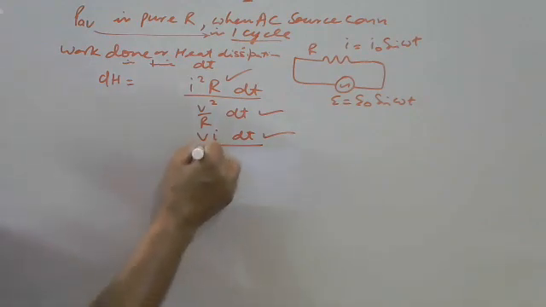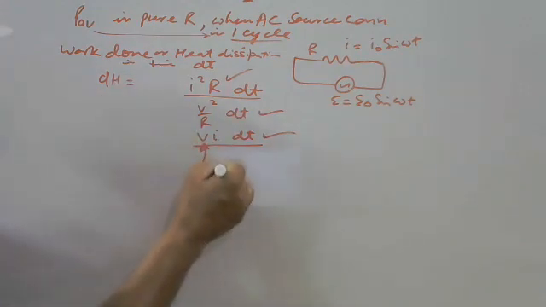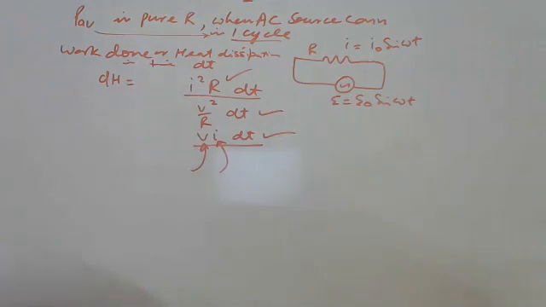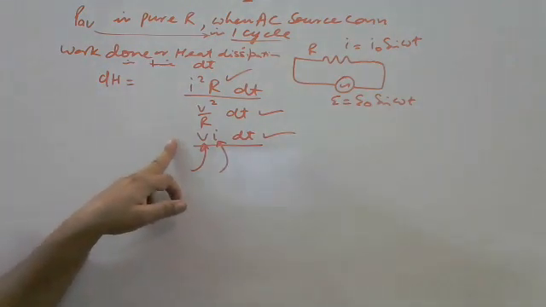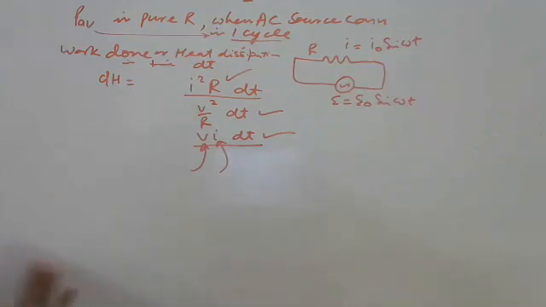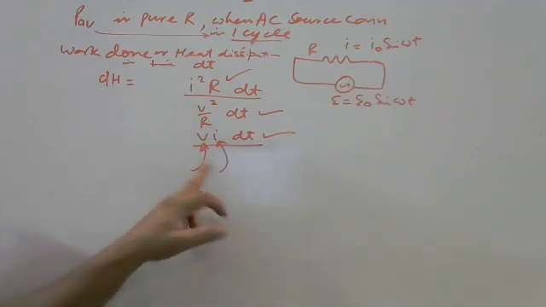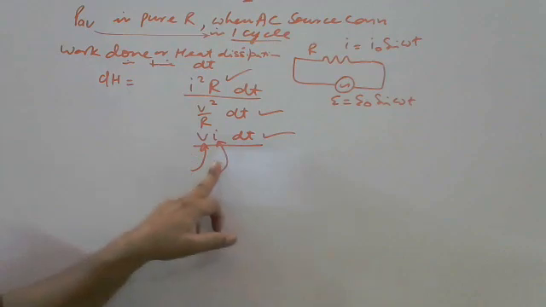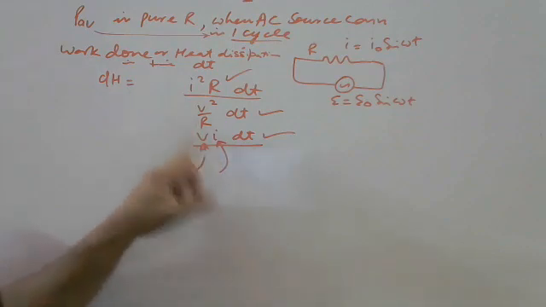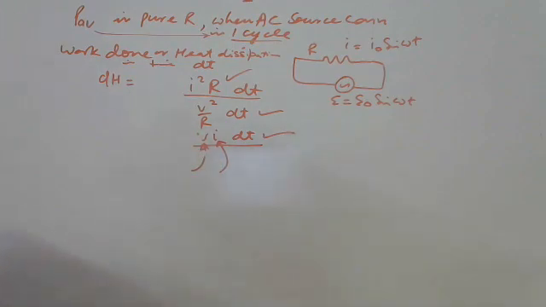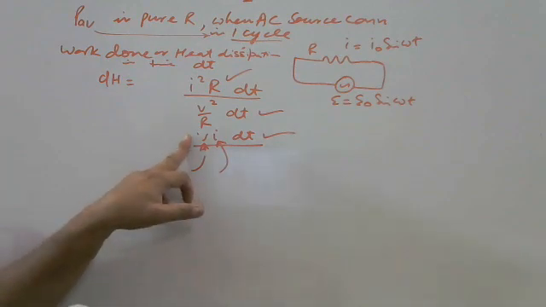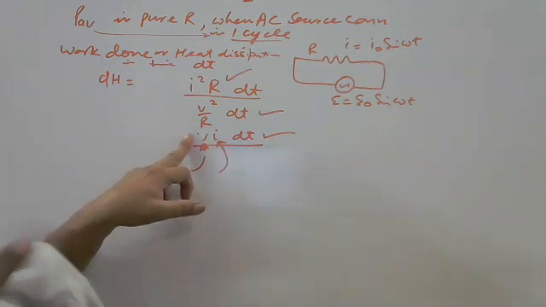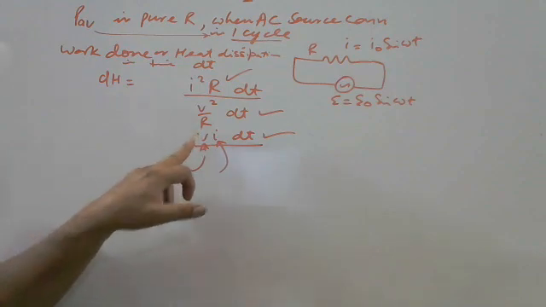The reason is that here we are getting the information for voltage also, and for current also. So it is the most suitable formula, although all three formulas are correct. I am taking VI dt because we want information for voltage and for current. That is why I am taking this formula VI dt. In AC, we write E rather than voltage V.